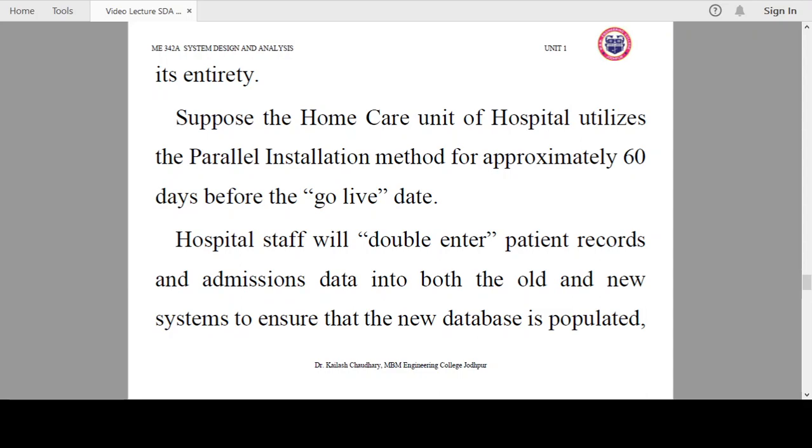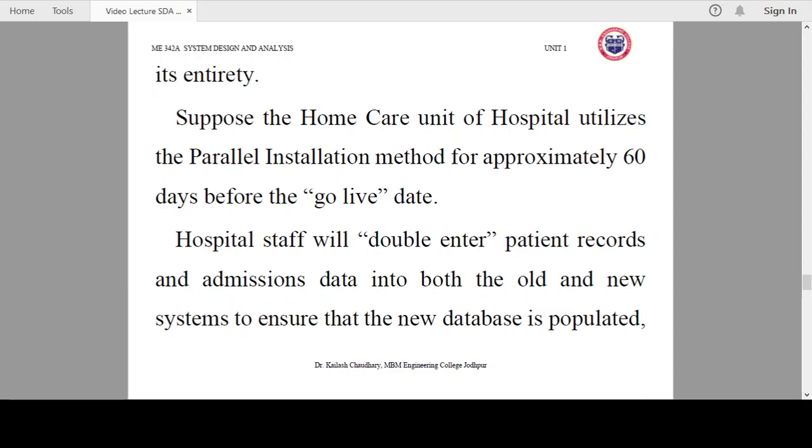So the home care unit of the hospital utilizes the parallel installation method for approximately 60 days before the go live. So before actually adopting this new software, we run it parallelly with the old software for 60 days. This is what we are proposing to the current customer, the hospital.